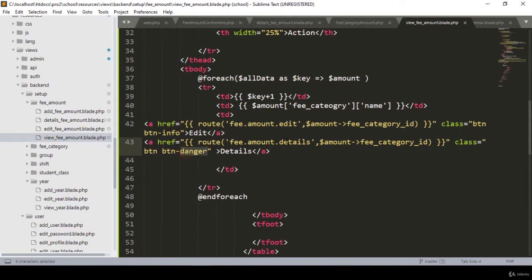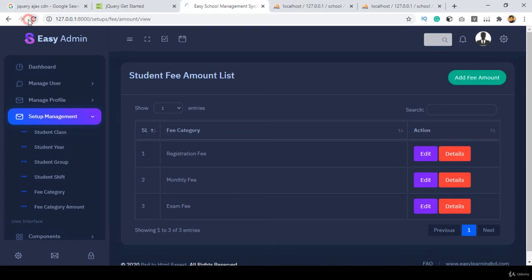Here I want to make it as a primary. Okay, I make it as a BTN primary. Click save all. Now click refresh. Yeah, now you can see better. So if you click on details,